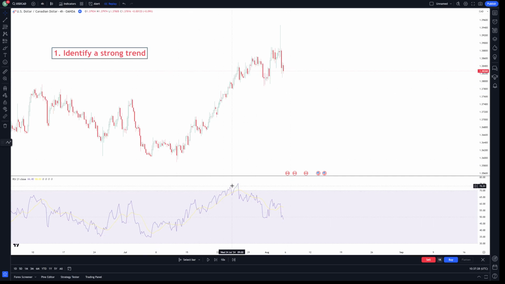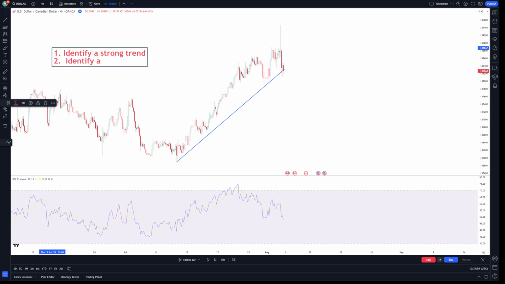You can see it actually breached 70, and then let's draw a trend line just for our own ease here. Okay, so we know that it's a very strong uptrend, higher highs, higher lows, and it looks like it's in a very, very strong uptrend. Now, how do we identify a trade? Our rule number one is identify a strong trend, which we have already done. And then our rule number two is